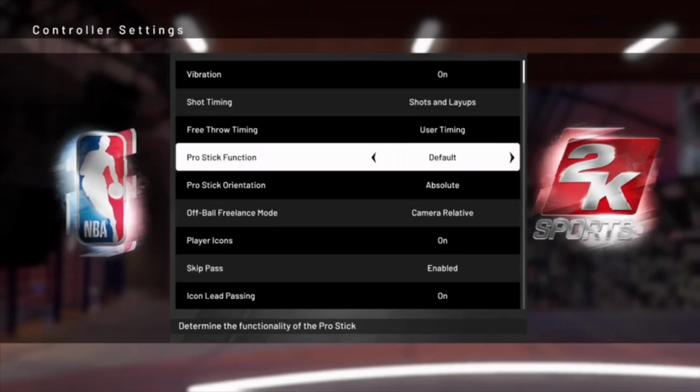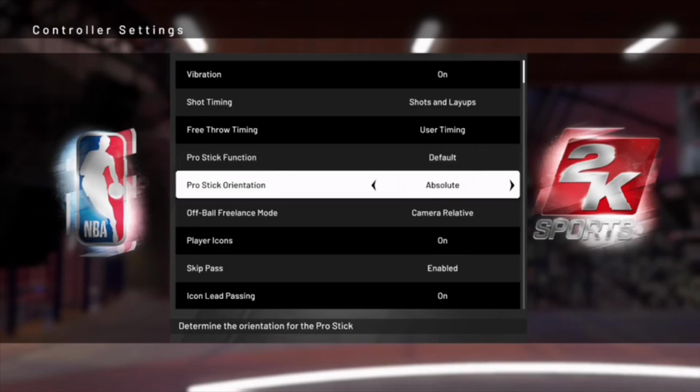Pro stick function, I use default. I don't know how people can use shots and dribbles and get away with it. It's pretty straightforward. Pro stick orientation, I use absolute. Now, this is what I really wanted to talk to you guys about. I tell all of my bros, if you play center,